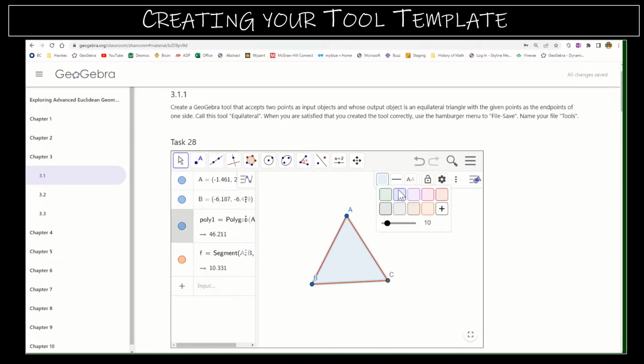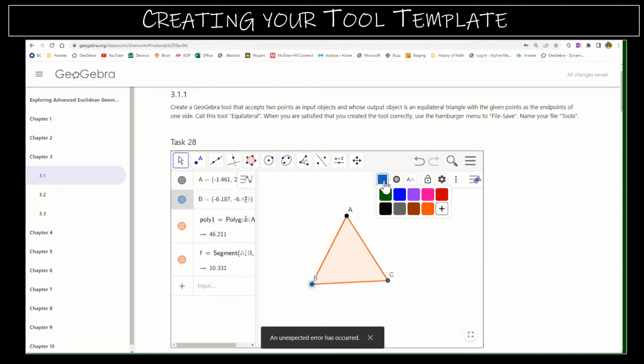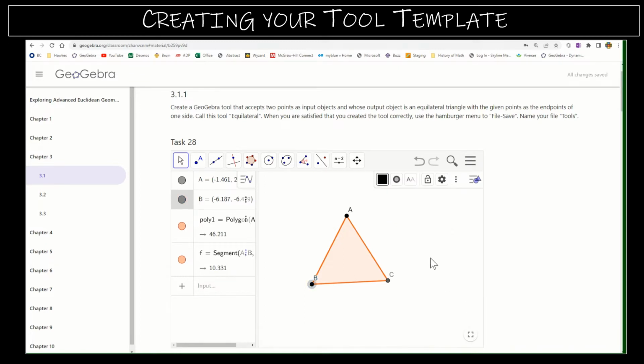So again, I can make this orange instead of blue, but it's certainly not necessary. I can do the same thing with the points and say make them black instead. So you can get as creative as you want. And then when I create this tool, what I'm going to do is I'm going to go to